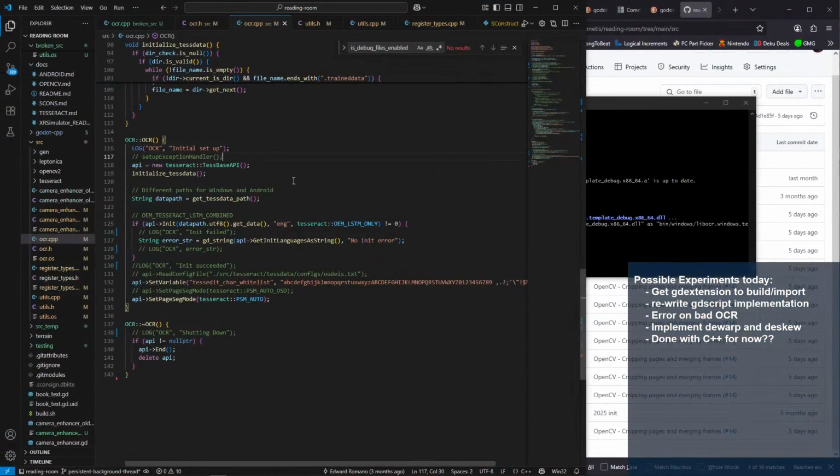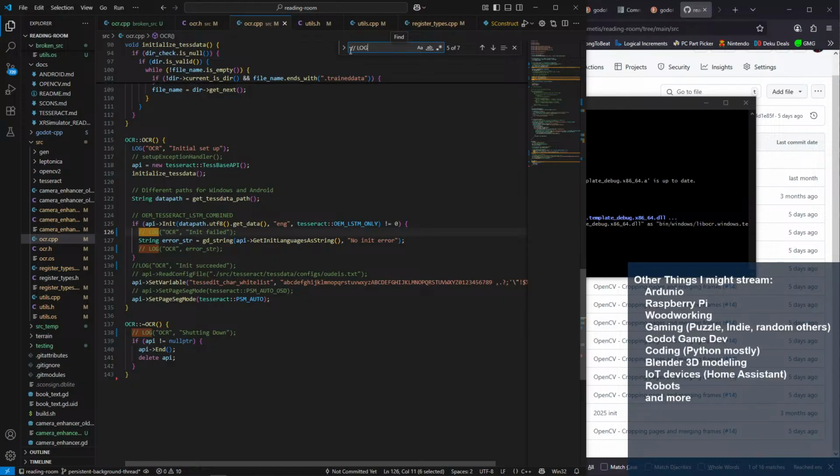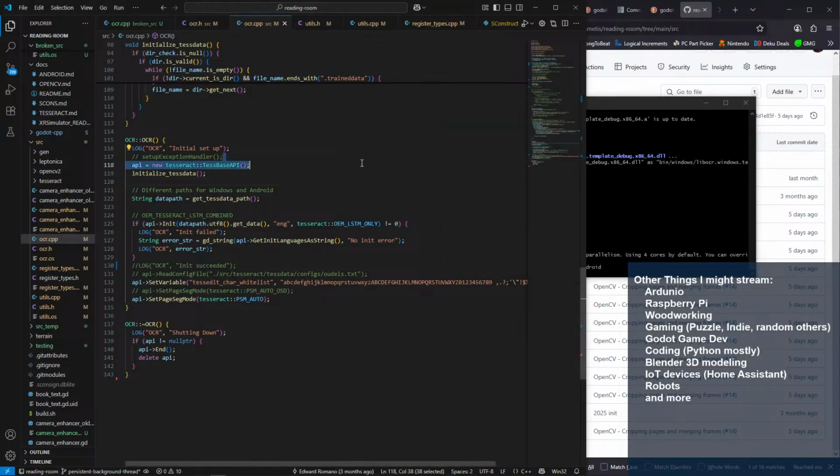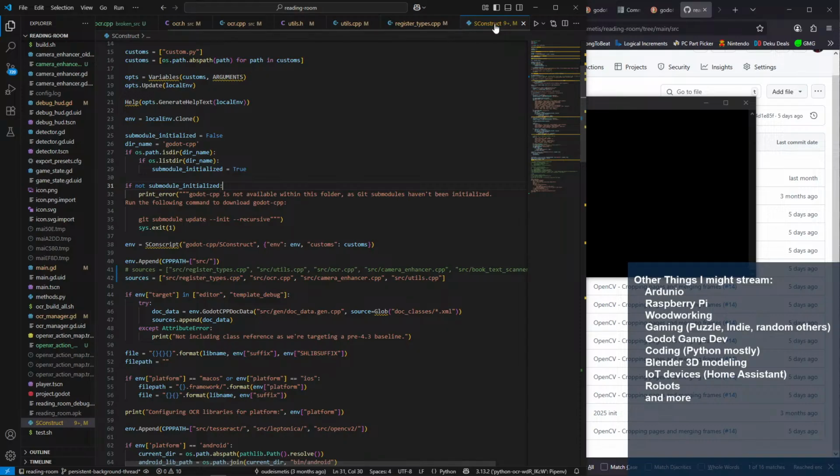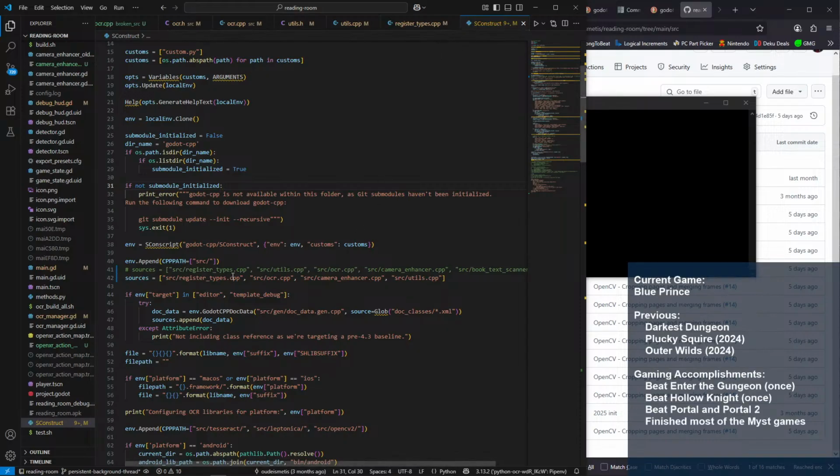All right, so here I should be able to do a search and replace of /log with just log. Let's do all. There, so now we've got our log statements back. And I'm gonna run a build on that, I wanna see it work. So in theory then, this is just fine. Both camera enhancer and the utilities.